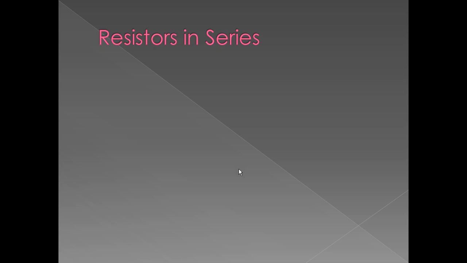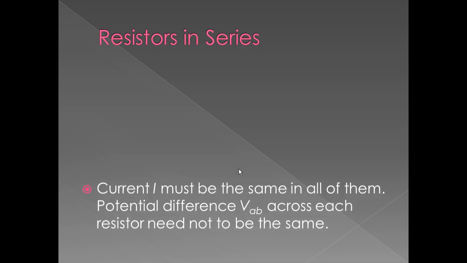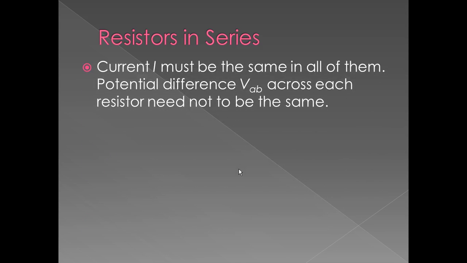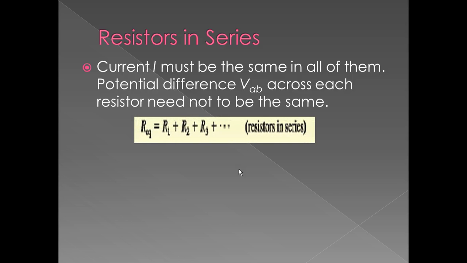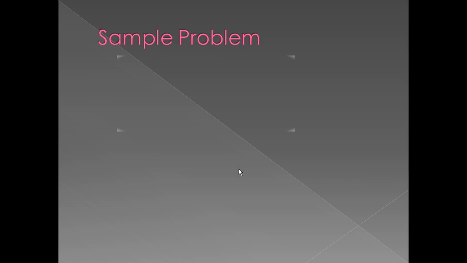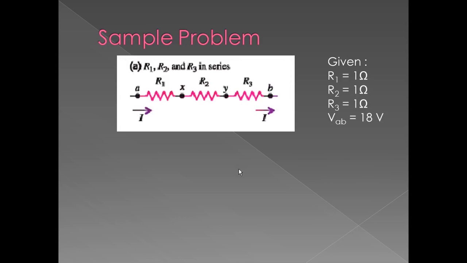Okay, so let's consider at this point resistors in a circuit. So let's have first the simple basic connection of resistors in series. Resistors in series: the current must be the same in all of them. In all resistors that are connected in series, the potential difference V sub AB across each resistor need not be the same. So just like what we see here in this illustration,